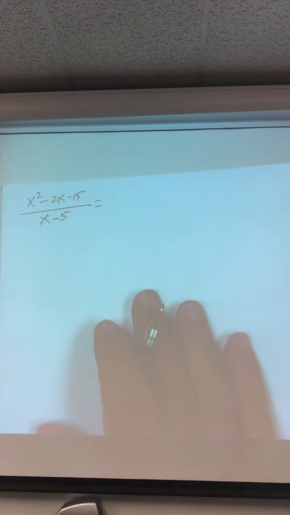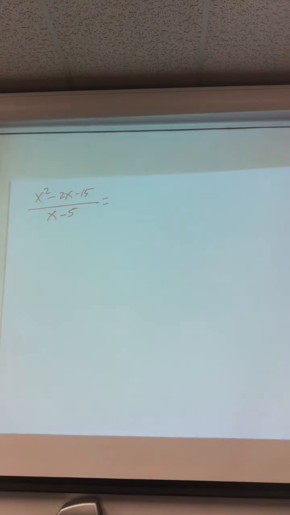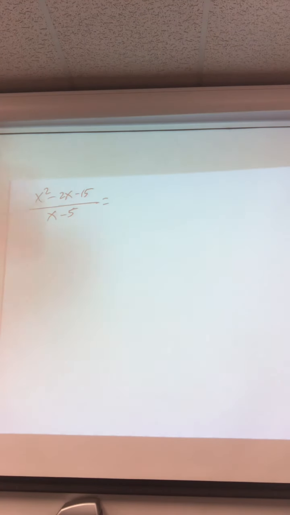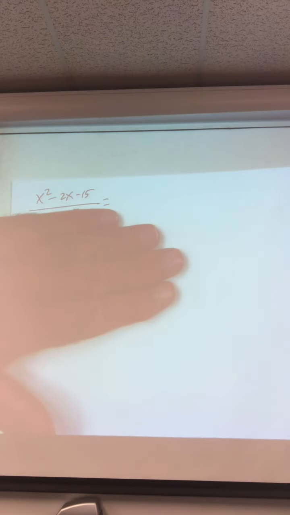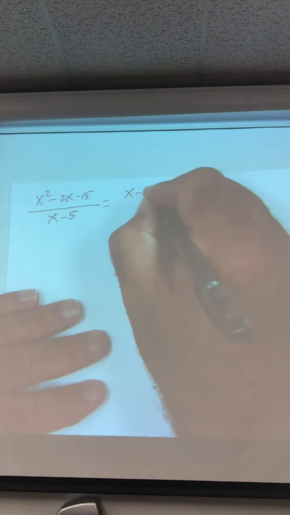Let's do another one here. X squared minus 2x minus 15 over x minus 5. All right, let me say again, avoid the temptation of start whacking out things here. Factor and factor. So if I factor the top,